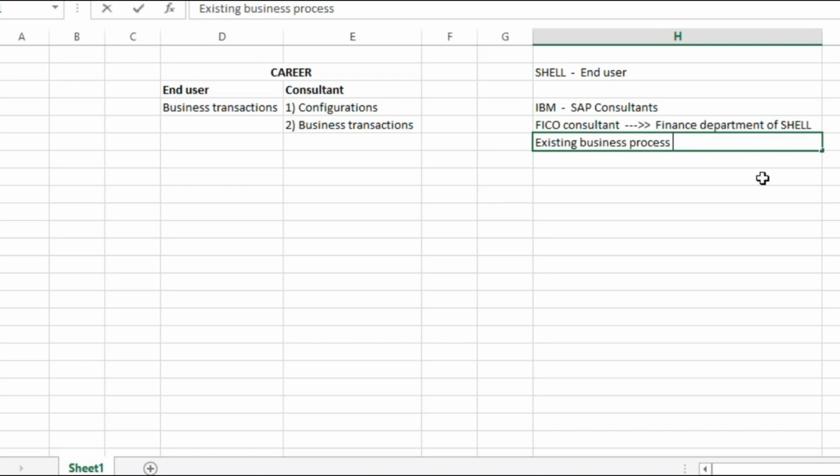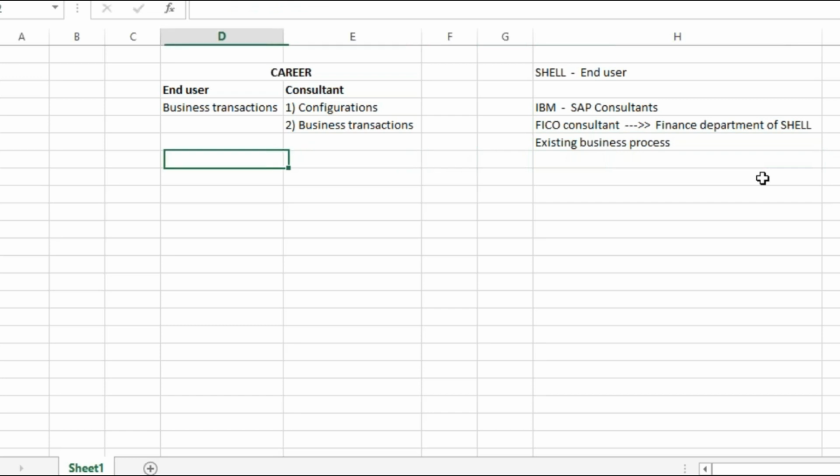We call this the blueprint, preparation of business blueprint, BBP. Preparation of the business blueprint takes maximum time in a project. Understanding the existing business processes is of real critical importance. If this stage is a failure, then we can pack our bags and go back, because the business process is what we are going to incorporate in the SAP system. So that is what configuration is: understanding the requirements of the client and doing the backend settings.